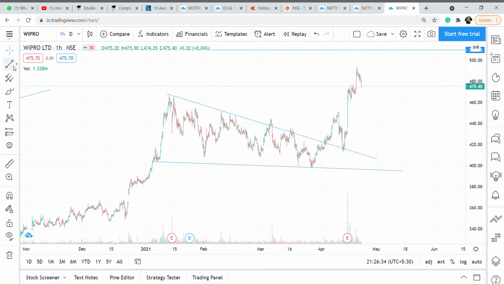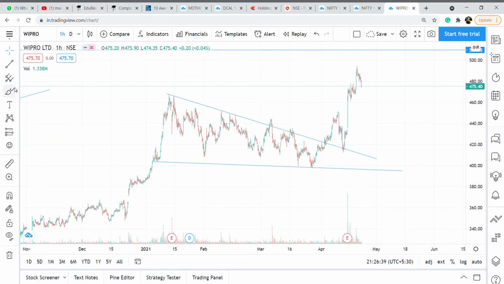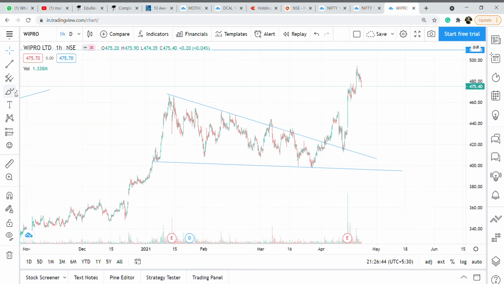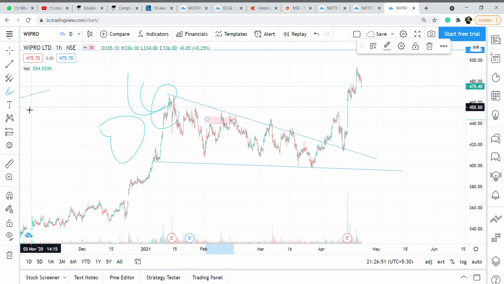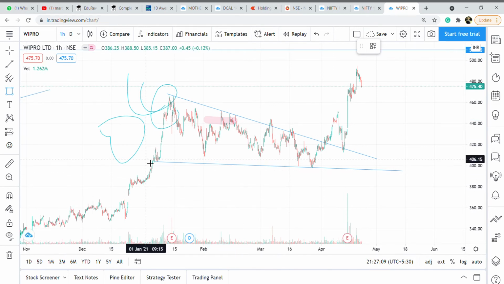So this basically you will find lines and some other stuff to draw patterns. And moreover, there is nothing you want to learn over here. Actually, when you come here, you have brush. You can actually write something if you want. Then there is highlighter, and also there is something called rectangle that you can make use of also. So when I'm drawing a line, if in case the region is quite wide, I will use this thing.